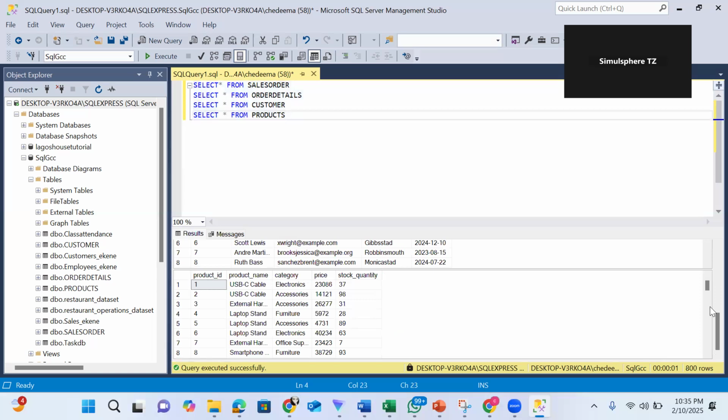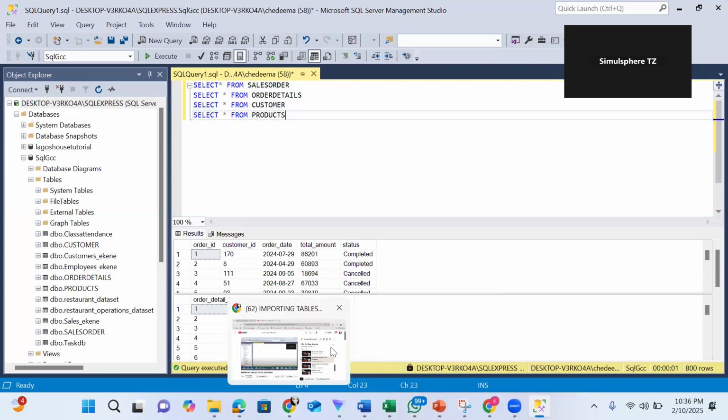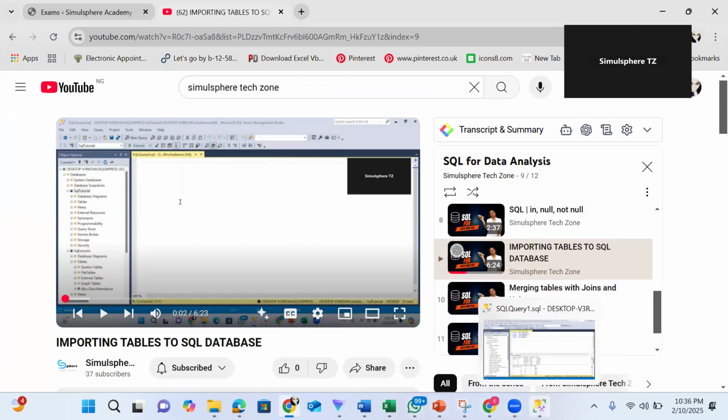While uploading these tables, I made the first columns of each table my primary key. Like I said earlier, kindly check out my YouTube channel to see how to assign primary keys while uploading tables or data sets into your SQL server. Kindly look through these lessons and you would understand what we are trying to see. So moving on,